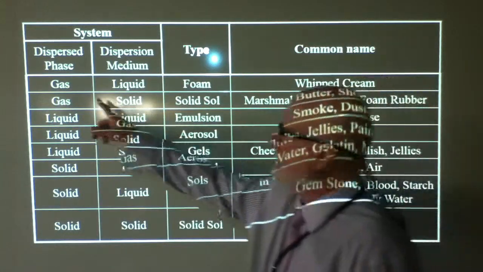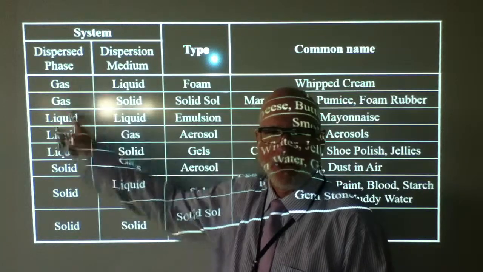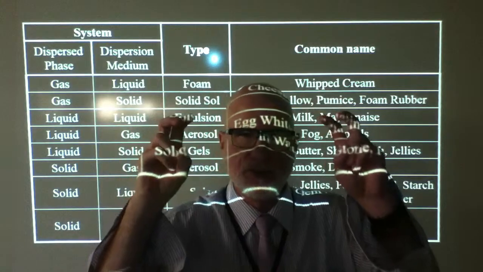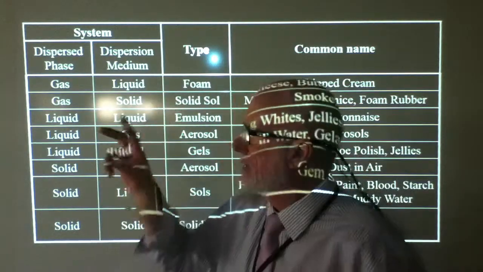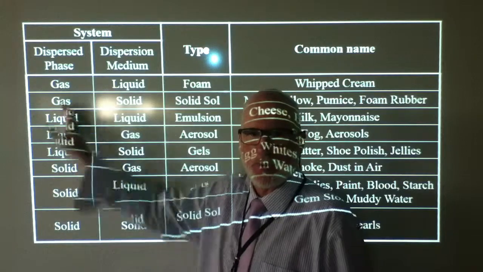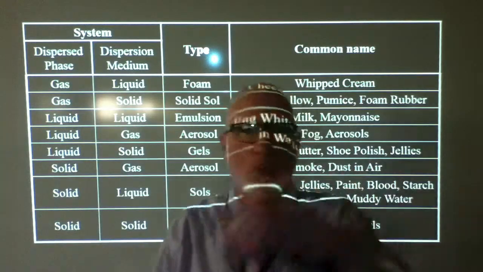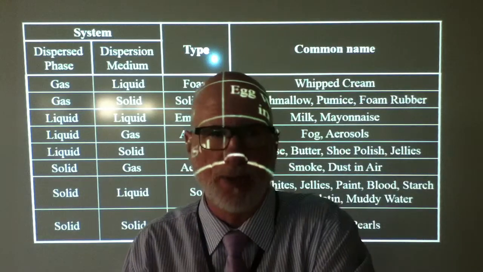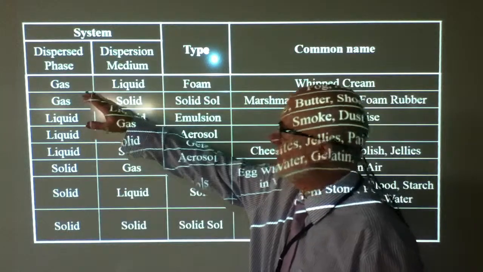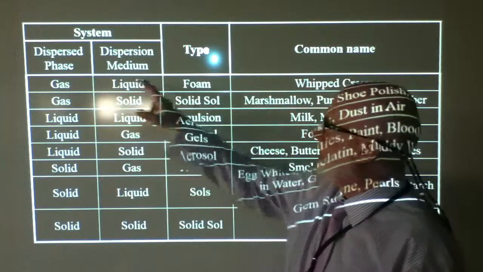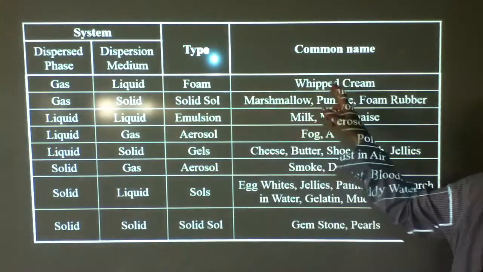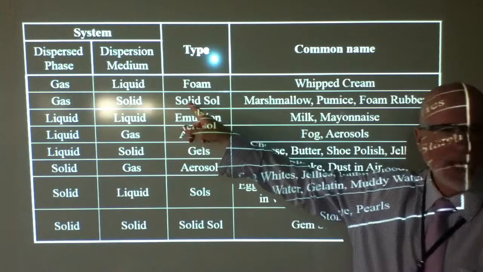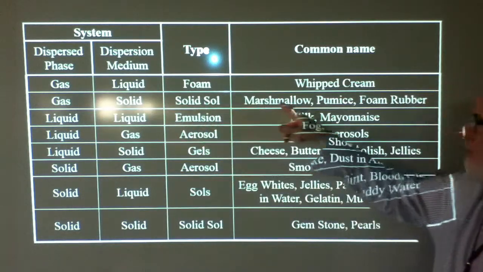So here is the dispersed phase. In other words, this is the solute. They don't call it a solute, but I'm going to call it a solute. Solute means it's the dispersed. What am I dispersing? Like salt in water, the solute is a solid dispersed in a liquid. Clear? Okay, so that's going to be the gas in a liquid, foam, whipped cream, gas in a solid, a solid foam, marshmallows,